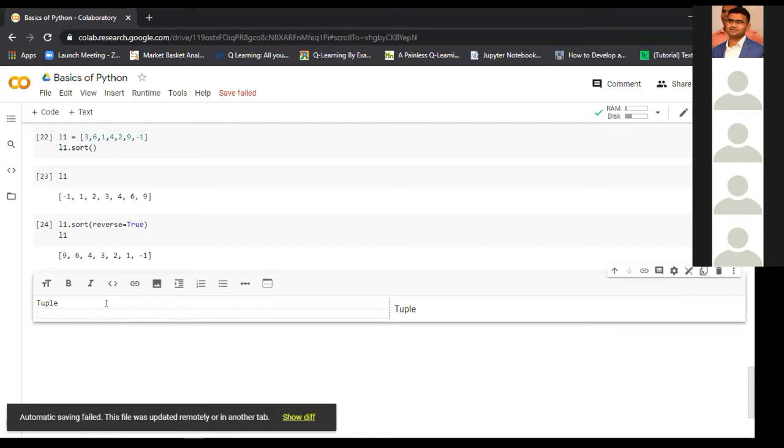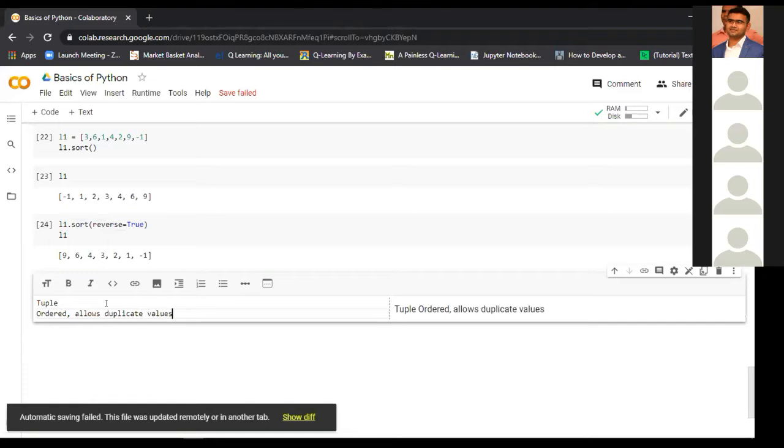Like list, tuple is also ordered, and it allows duplicate values.